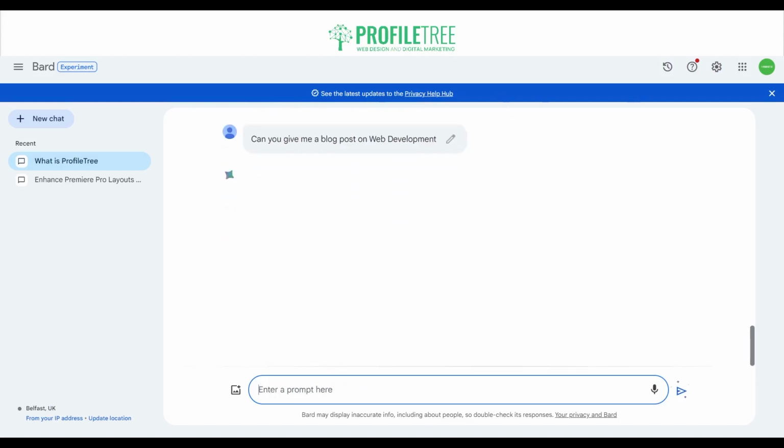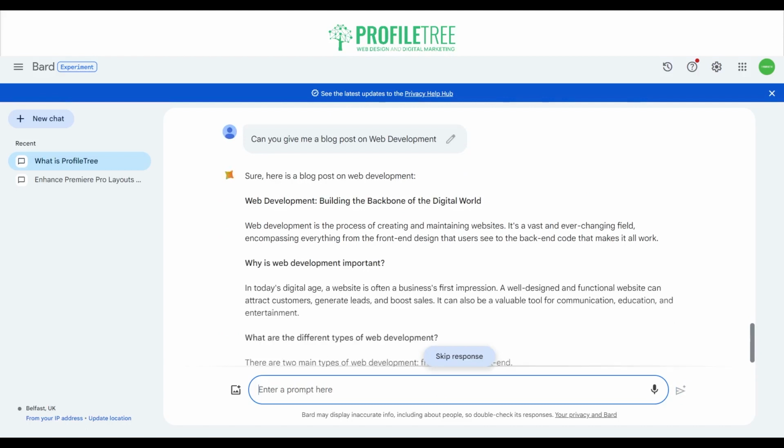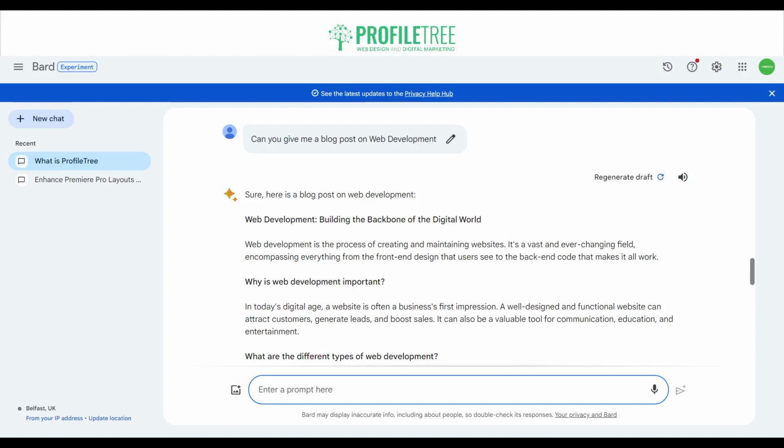But you can tell anyway that with ChatGPT, Claude AI, and Bard, you can use these tools to create some pretty good content for your website or for your blogs or just for personal use as well. So really try to use these AI learning models as a tool on a daily basis, because it is just a great little tool to have.